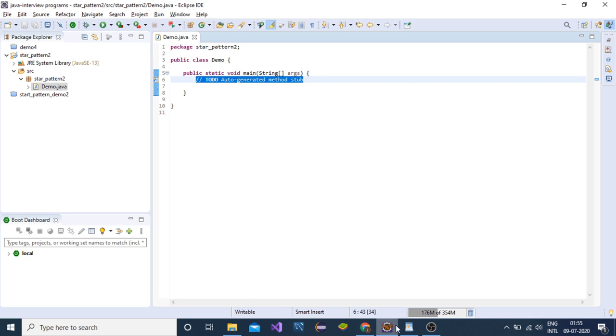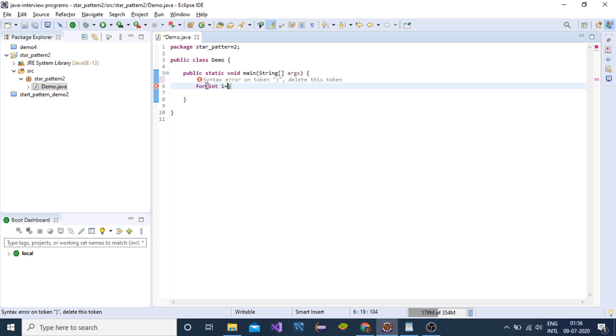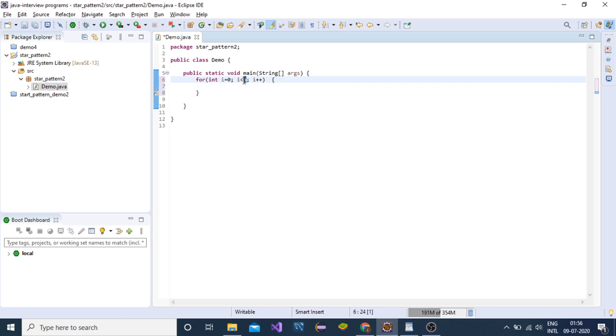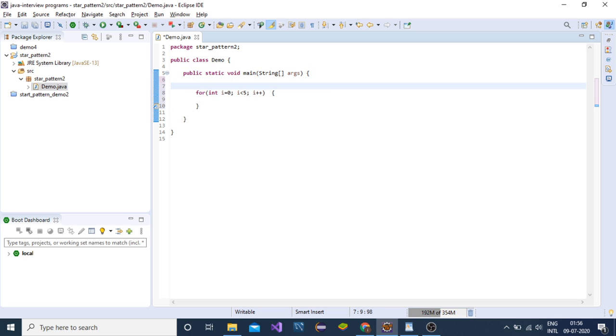For printing row, we will take a loop for int i equals to 0, i less than 5, i plus plus. So we will not hard code this number, we will take this number by user.